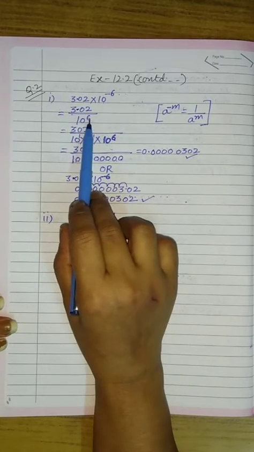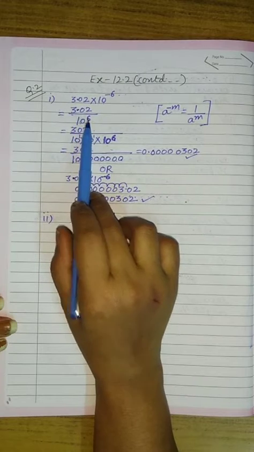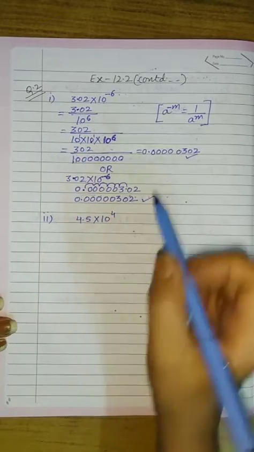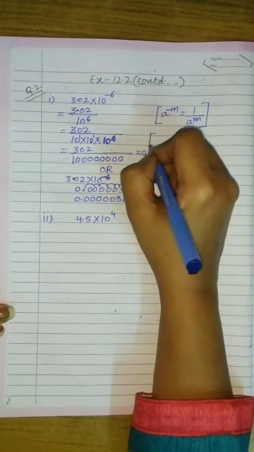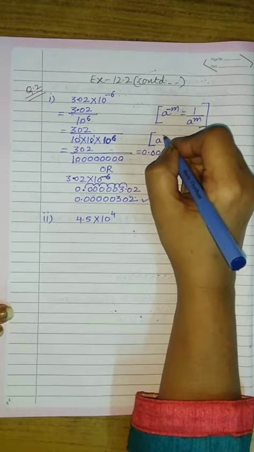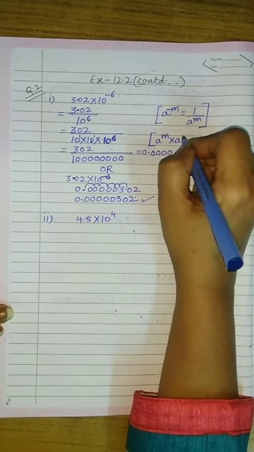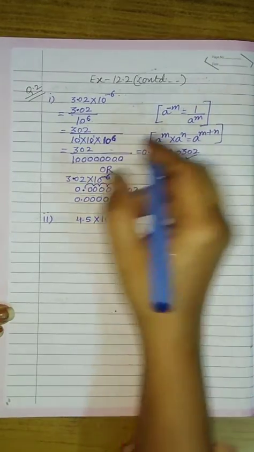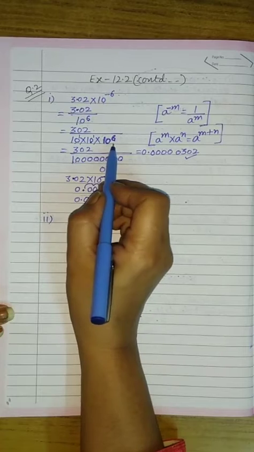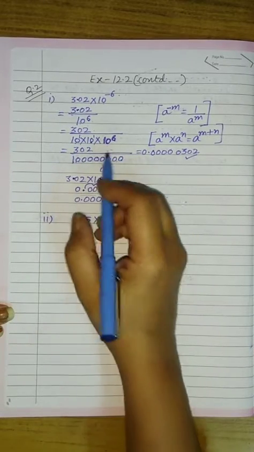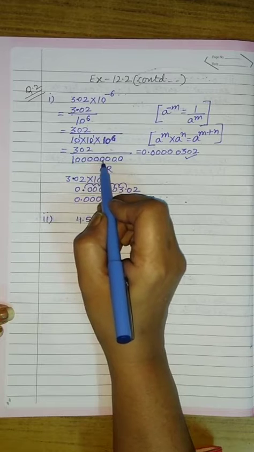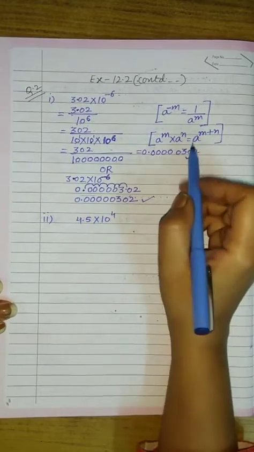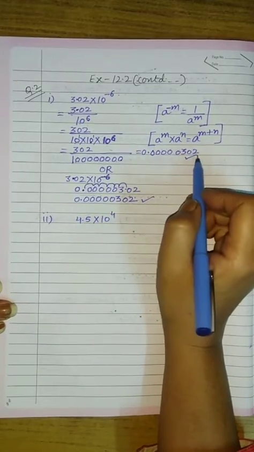Like 10, already we have 10 raised to power 6, and now by removing the decimal we got two more multiples of 10. Now here we will use the law of exponent, that is a raised to power m into a raised to power n is equal to a raised to power m plus n. Here also we have all the bases same, so we will write this number as 1 0 0 0 0 0 0 0 0. After 1 I have 8 zeros, so I will convert the number into decimal form.